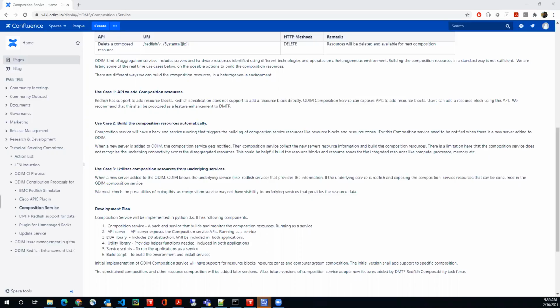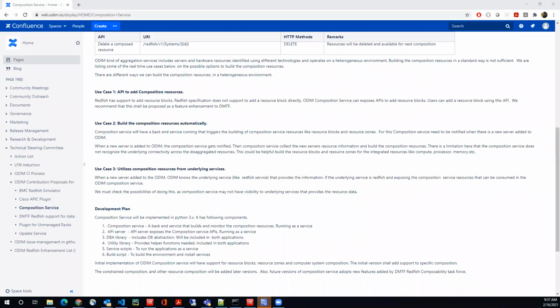But Jonas, let's suppose we follow your model. Every server is a resource block. Then on such a high level, what can we do with regards to the pooling? Yeah, Rafael, you are right. Regarding the resource blocks, you can even define a computer system as a resource block. There are types: compute type resource block, and the computer system as one resource block. Or inside a computer system, for processor, memory, all the resources, we can define different resource blocks. That is based on the Redfish model.